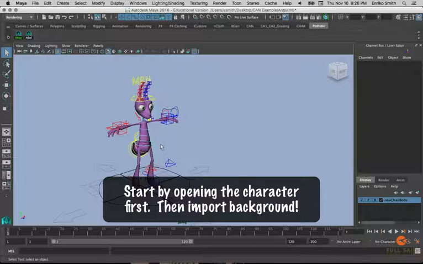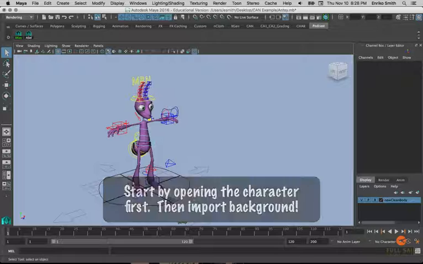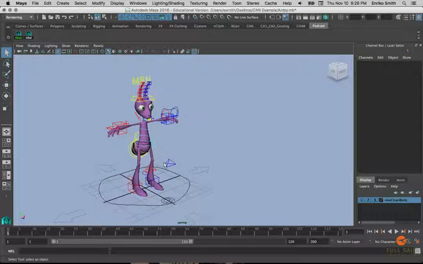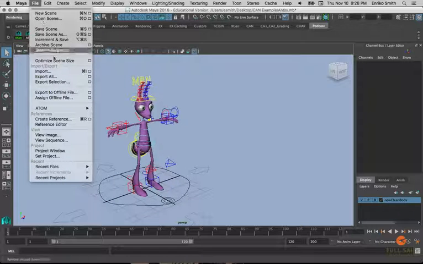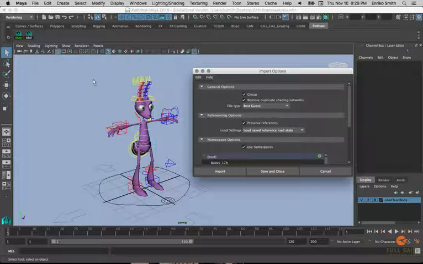We want to always start with having the character open, and then we're going to import the scene in around the character. This will ensure that everyone stays with the same controls for their mail button, so that when you submit your work, then all the instructors have mail buttons they can use to easily check your work. So with the character here, it's going to go to File, Import in the option box,